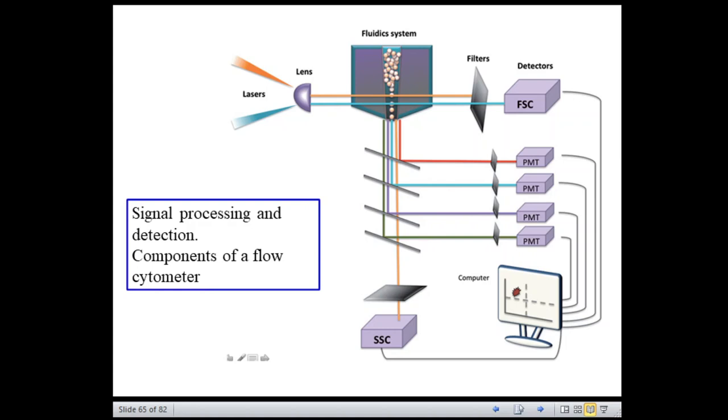And moreover, the dynamic range is another important parameter to choose either the linear amplification or the logarithmic amplification. So this is another important factor to be considered, the dynamic range. Linear amplification is used if a limited dynamic range is required, say for example, in case of DNA analysis. On the other hand, logarithmic amplification is used if a much broader dynamic range is needed for analysis, say for example, cell surface marker expressions.